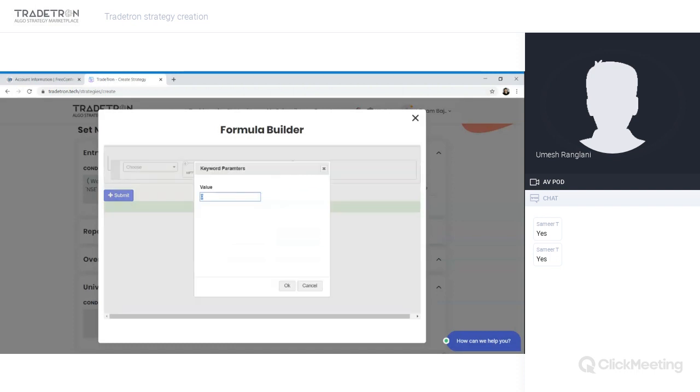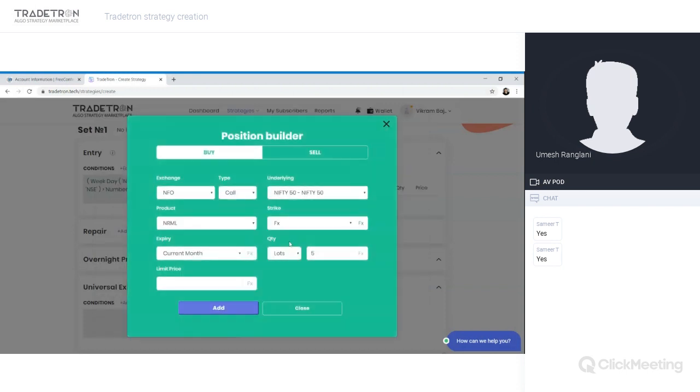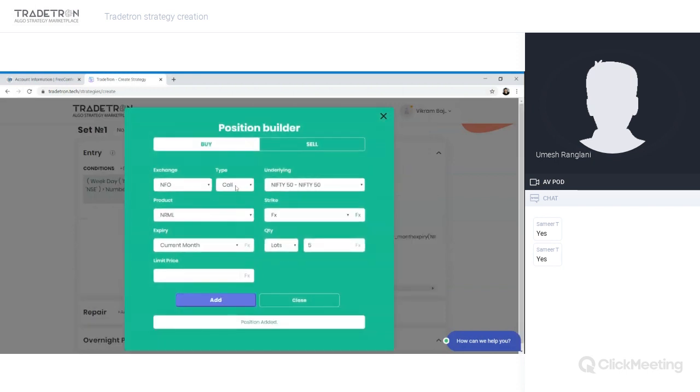and number is 1.01. So basically what I'm doing here is I'm multiplying Nifty's future current price with 1.01, which will be 1% up from current value, and the get strike keyword will give me the strike price nearest to that number. So let's say if Nifty is at 10,000, 1% above is 10,100. So 10,100 strike will be written by this keyword. So I added this. Now I'll select put.